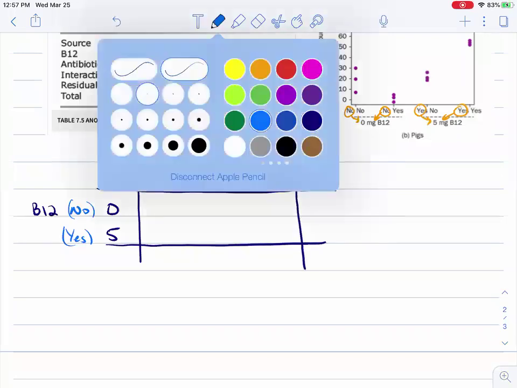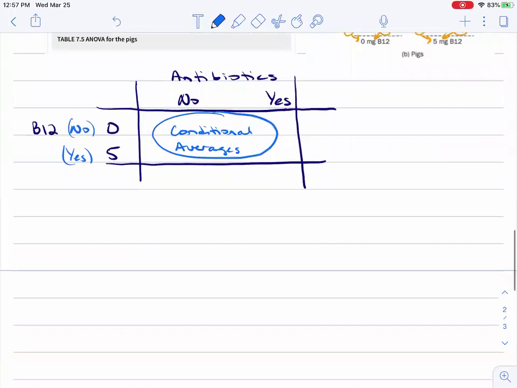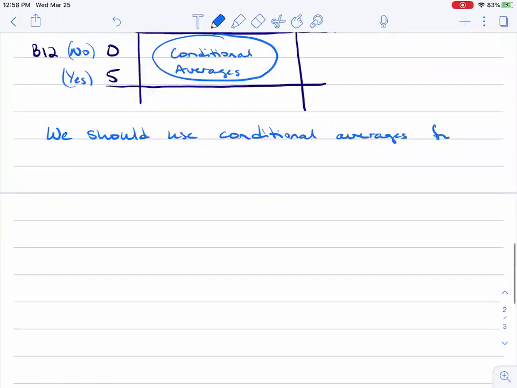we could find the marginal averages, right? But we should be focusing on the conditional averages, right? So we should use conditional averages for hypothesis testing, confidence intervals, and effect sizes,